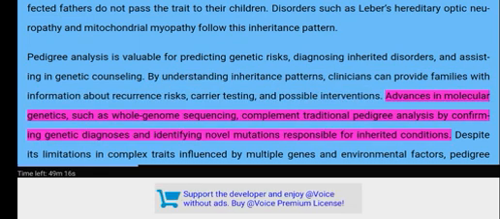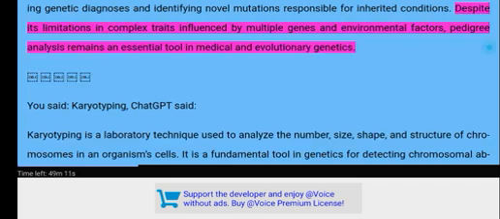Advances in molecular genetics, such as whole genome sequencing, complement traditional pedigree analysis by confirming genetic diagnoses and identifying novel mutations responsible for inherited conditions. Despite its limitations with complex traits influenced by multiple genes and environmental factors, pedigree analysis remains an essential tool in